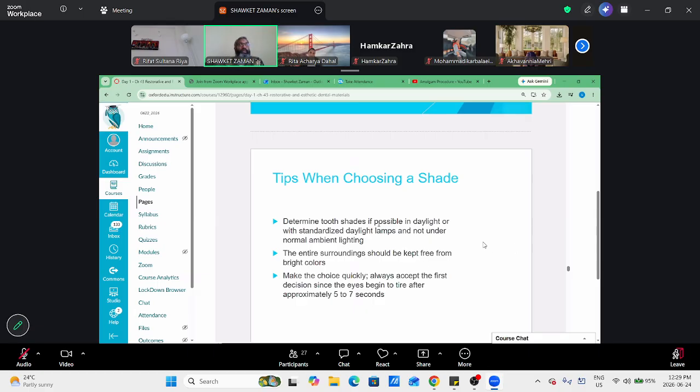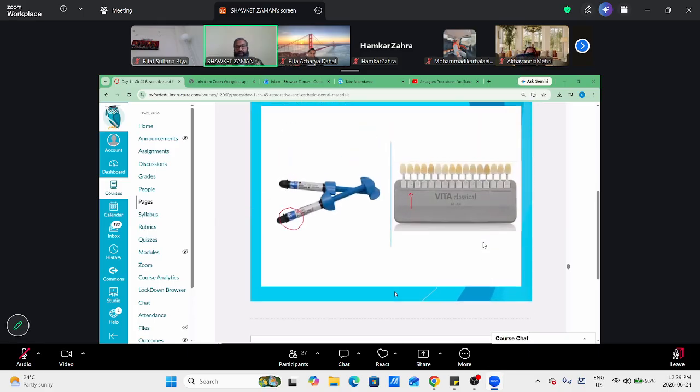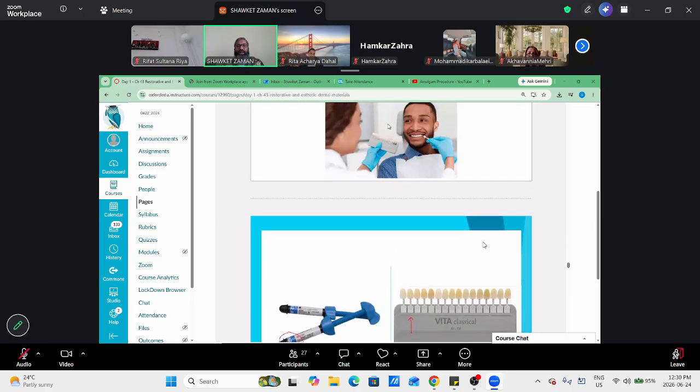It is best done in daylight, and it is also important to keep the surrounding area free from any kind of bright light. We have to check this immediately, and not delay. Make the choice quickly and always accept the first decision, since the eyes become tired after approximately 5 to 7 seconds. So it means that we take these shades out from the shade guide and we bring them close to